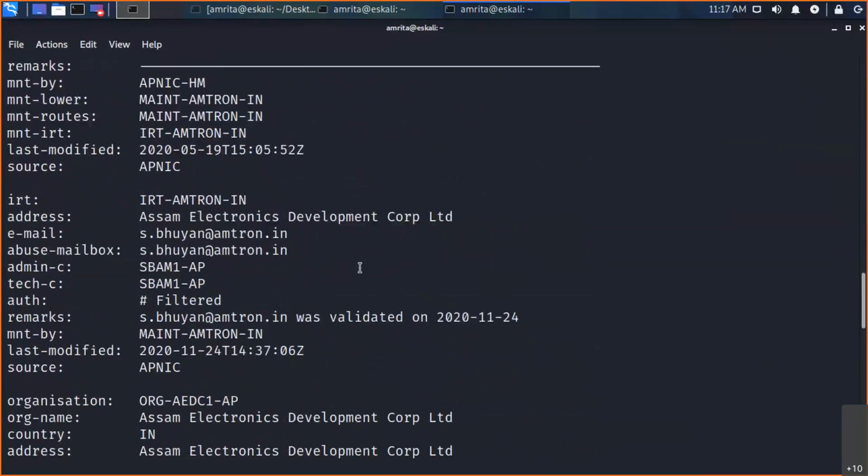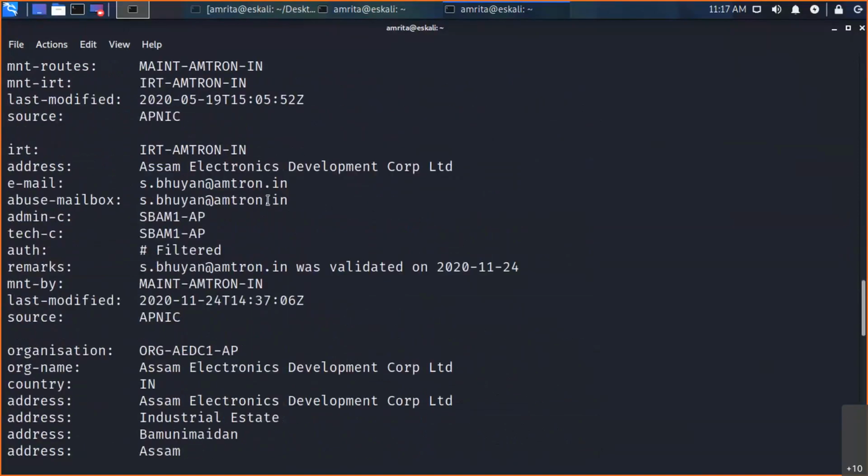We can get an email address also. This is an important part, because we can use this email address for email spoofing. It gives us a hint that we have to secure our email server also, so that malicious email doesn't come and spoofing doesn't take place successfully.